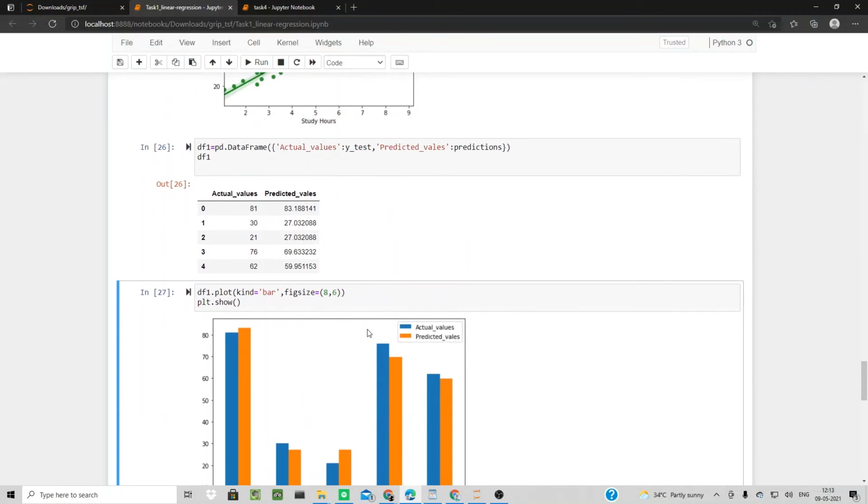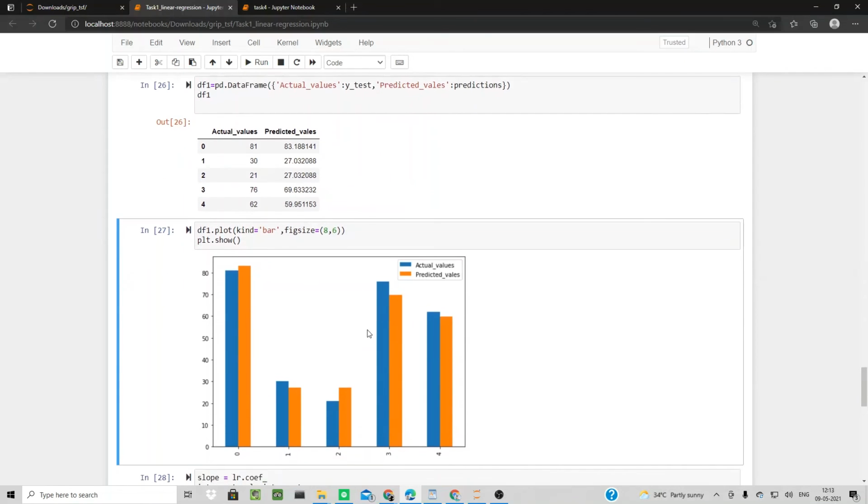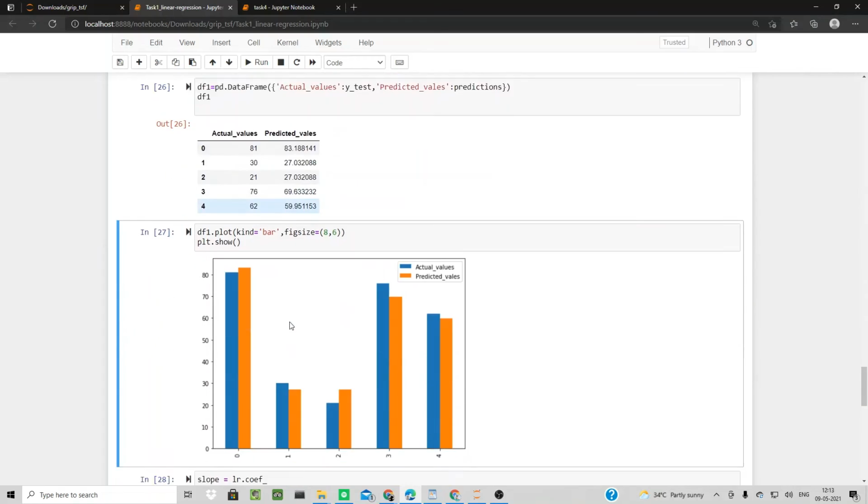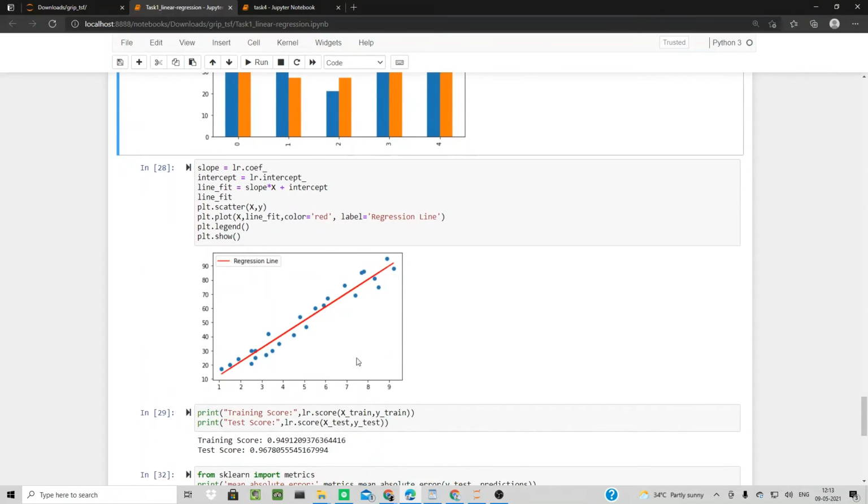So now after getting that, I want to plot a regression plot. To get the regression plot, I'm going to use the y is equal to mx plus c formula, and I'm going to do the calculation and plot it.